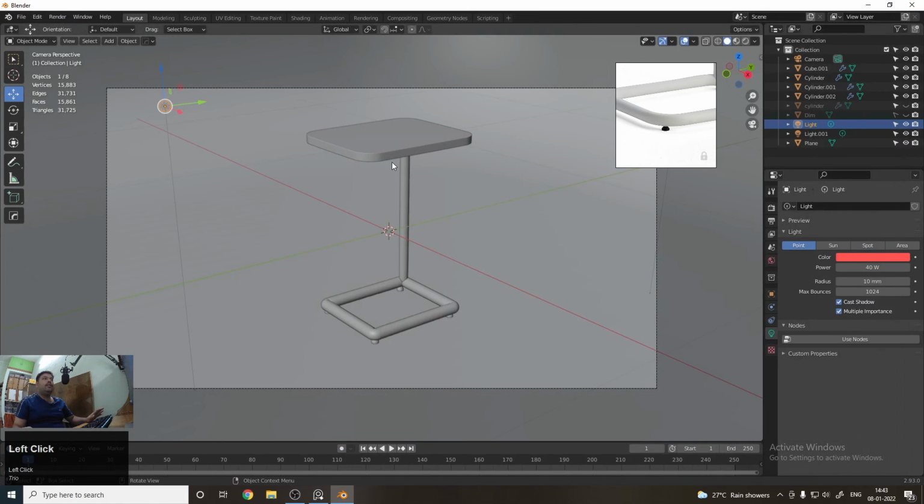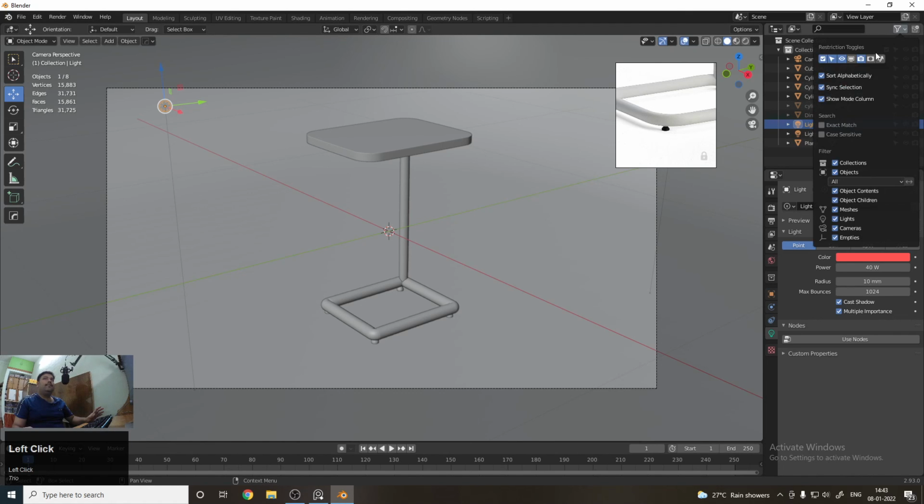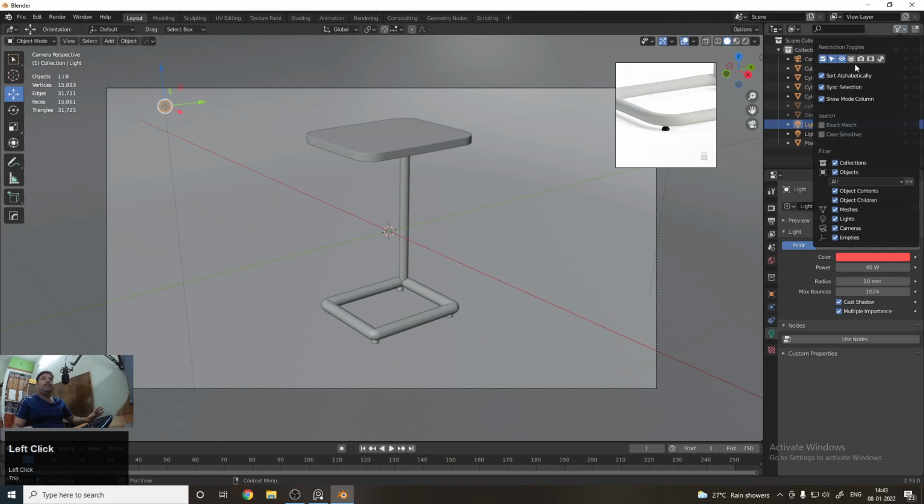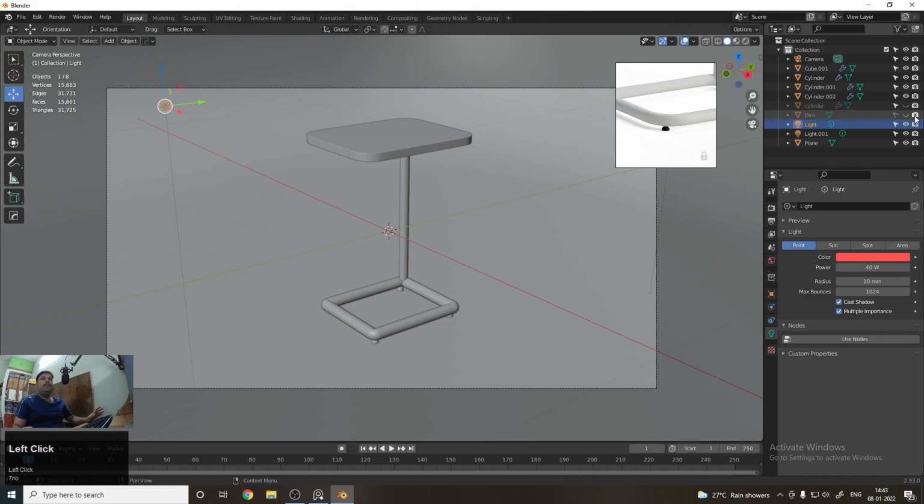It's because we have hidden the cube in the viewport, but we have to hide the cube in render as well. You just need to click this button. If it's not available here, you need to click this filter, and here you need to turn it on. Then you need to turn off this button as well as this button, because we don't want to render these two objects. So now